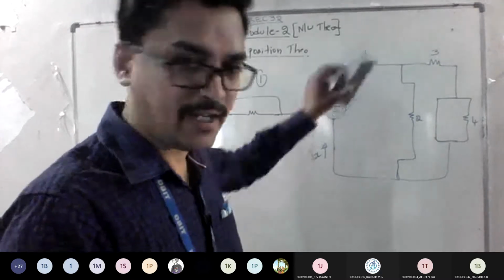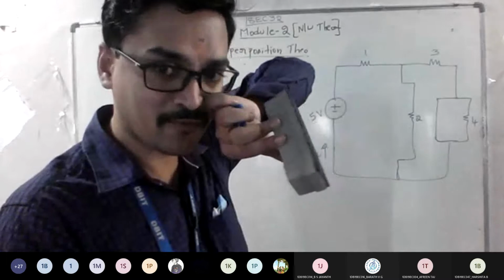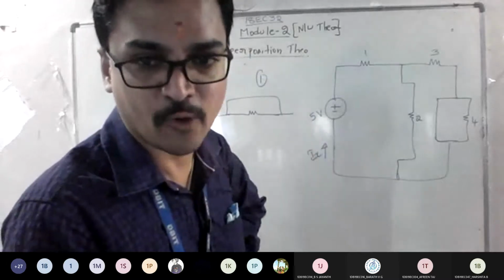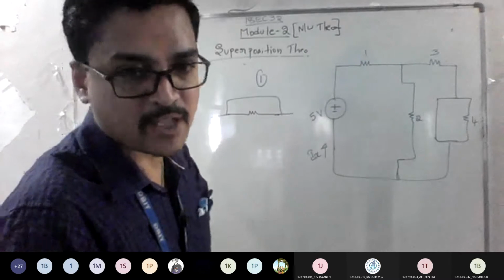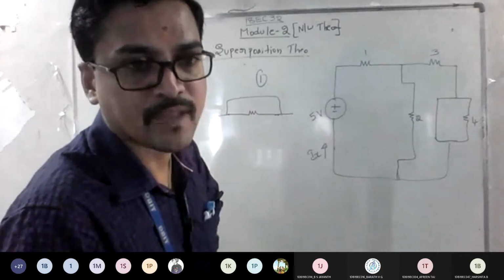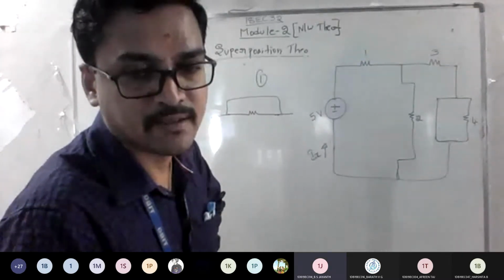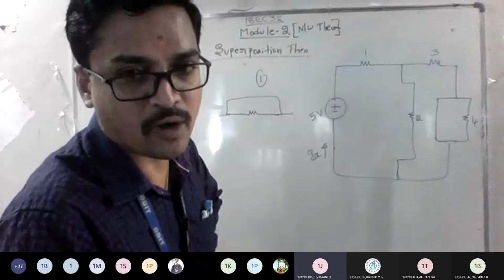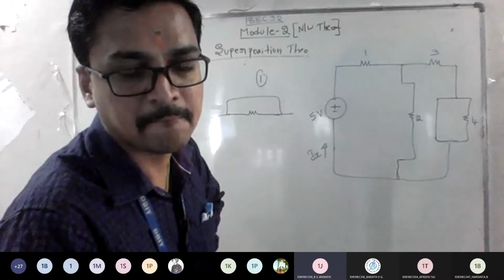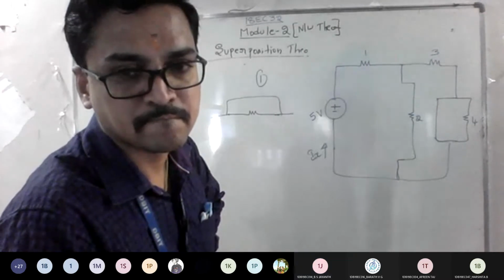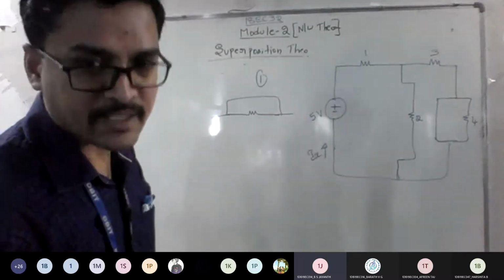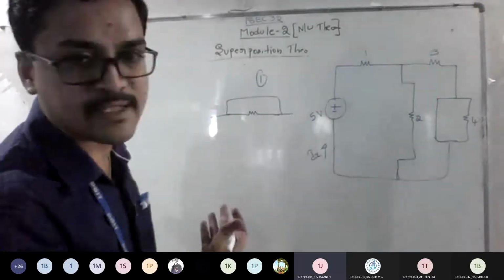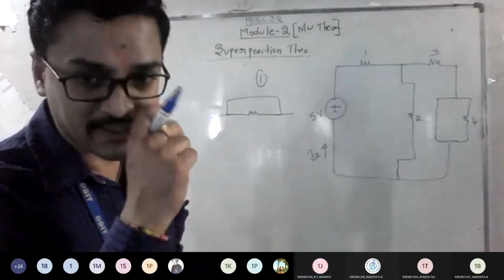I gave you one problem on the superposition theorem, consisting of 4 cases, and this was the condition occurring there. I will solve that problem. It's a short circuit. A short means what? Does any current flow there? Sir, current will not flow through the resistor. If there is no current through the wire, that means that resistor is illegal.